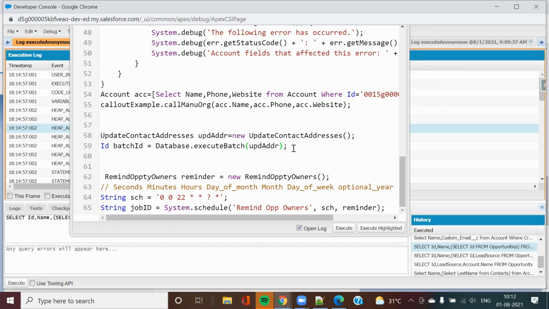So what a batch job does is break your job into chunks. Here, this full batch job, which has 60,000 records, will be broken down into 300 batches. Now, in case I have specified it as 10, then 60,000 divided by 10, I will have 6,000 batches. And the maximum batch size you can have is 2000, and by default it's 200.